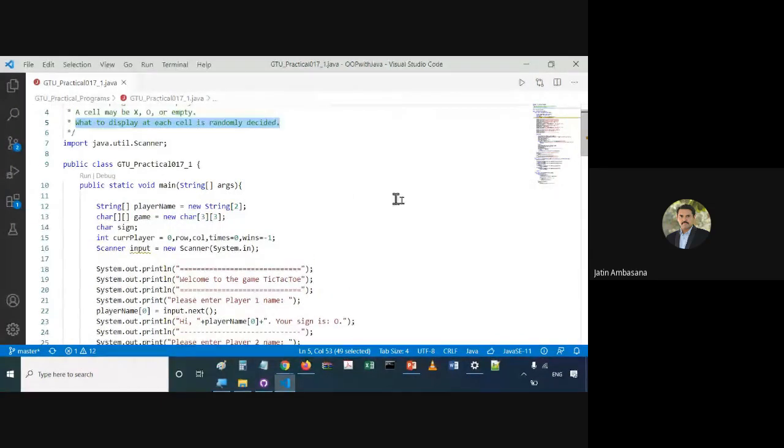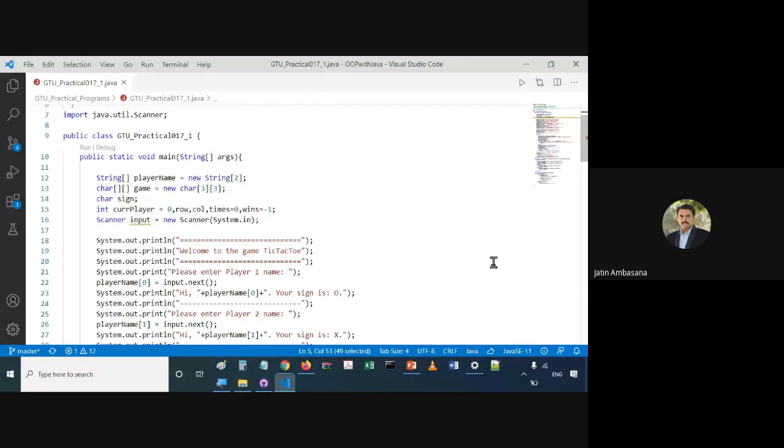Here we start with a player name array. We take two player names in this string array. Okay. Then we define a game array. So this is a 3 by 3 matrix which has the game scenario.